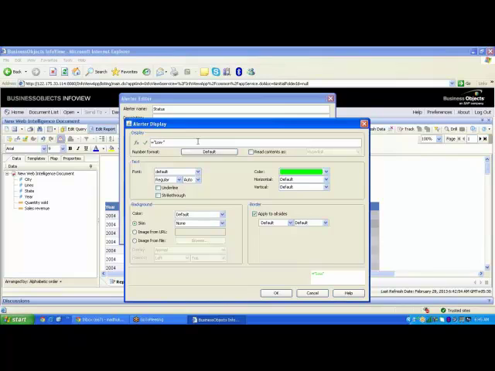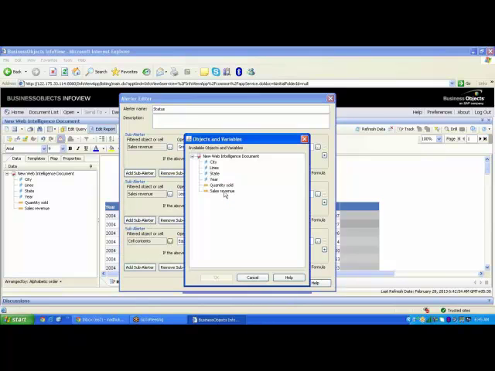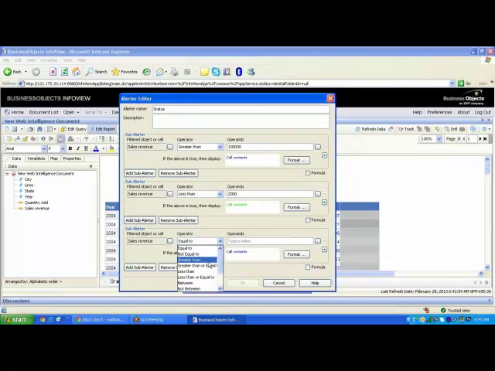Low sales. Click on OK. And also you can add one more sub-alerter here. If the sales revenue is between